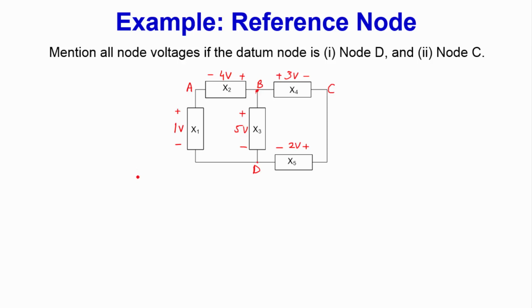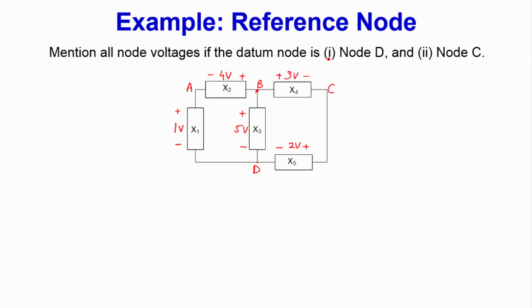Hello and welcome back. Now let's do an example about the reference node, which will further clarify any confusions you might have about this concept. So what we are given is this circuit, which is composed of 5 elements: x1, x2, x3, x4, and x5. These are connected in this way, and we are asked to mention all node voltages if the datum node